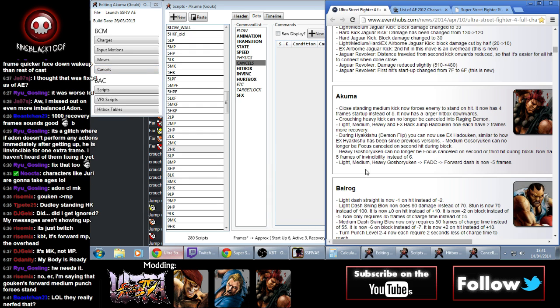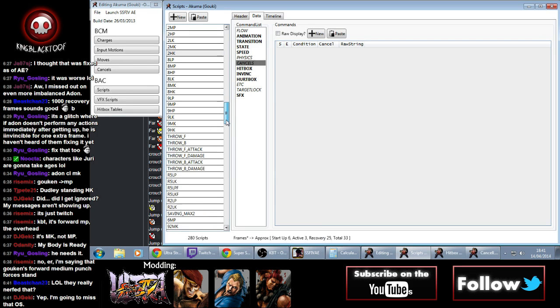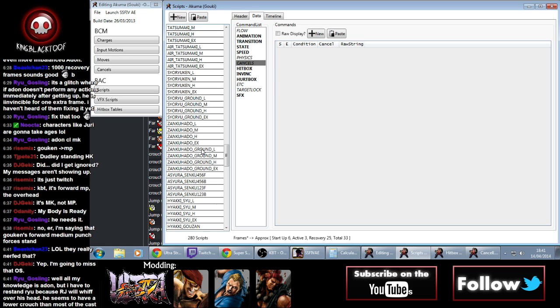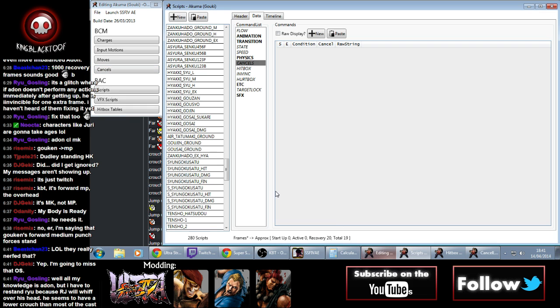2 OP. Right, we have light, medium, heavy, and EX. Back jump Hadouken now has 2 frames more recovery. So. Zanku Hadu. Right, we need to find out where it is then. I think if I go to this one and say Zanku Hado, okay. So they're the air fireballs. Zanku Hado. And so now we need to...